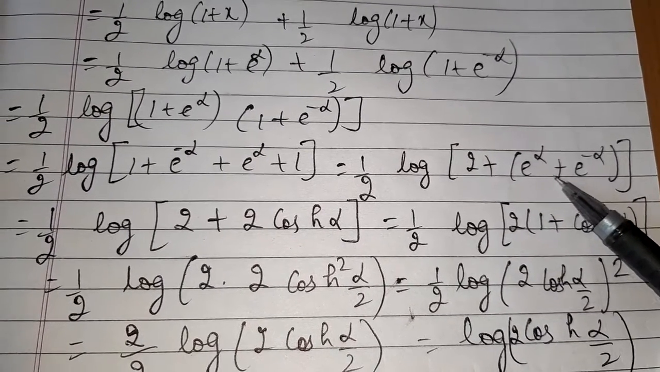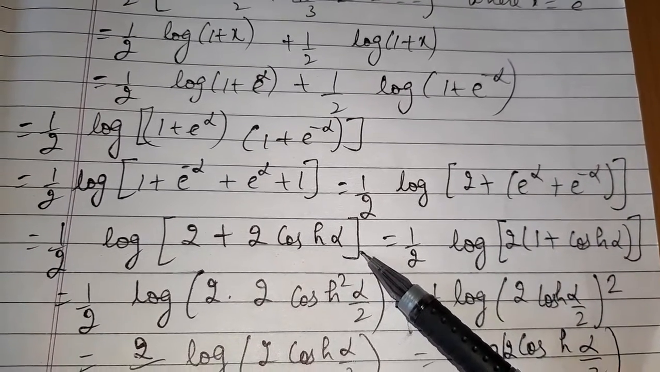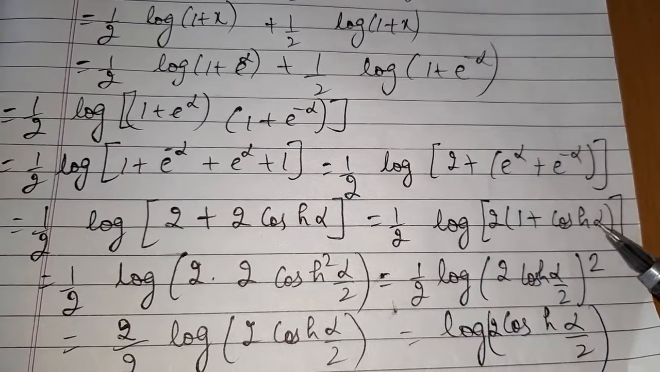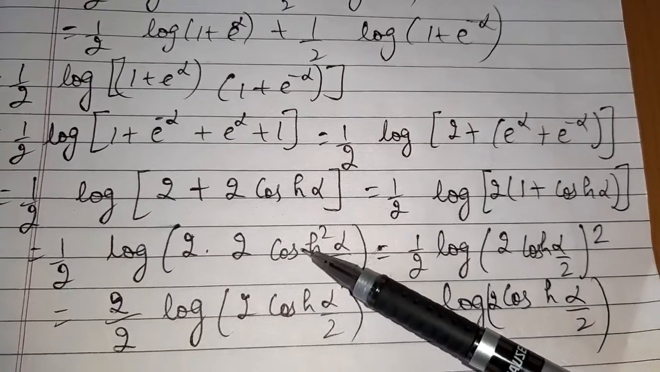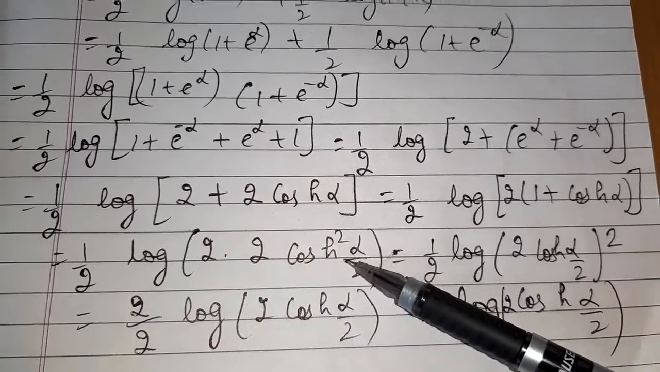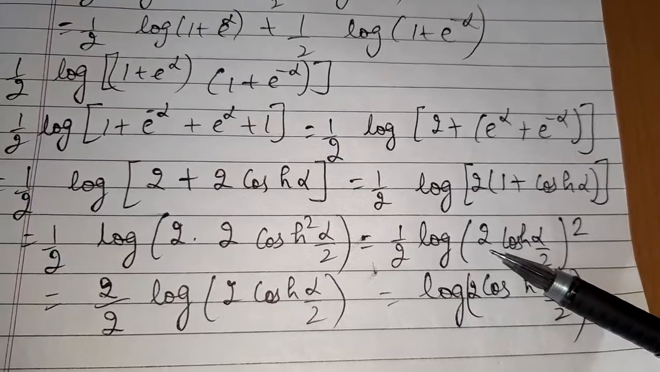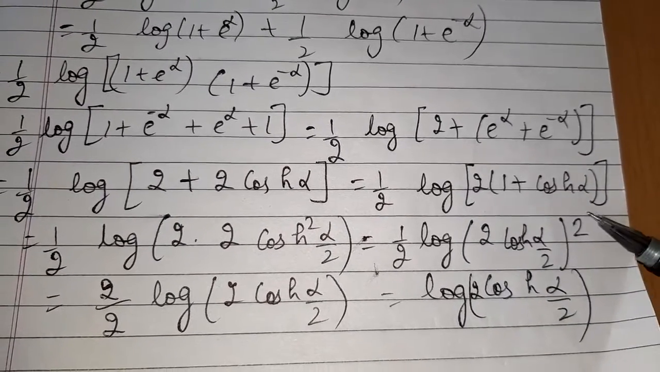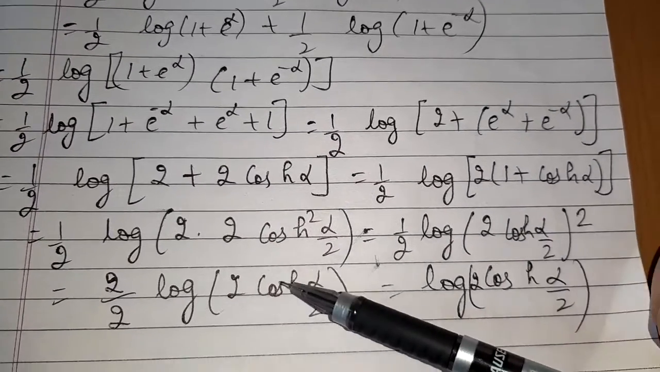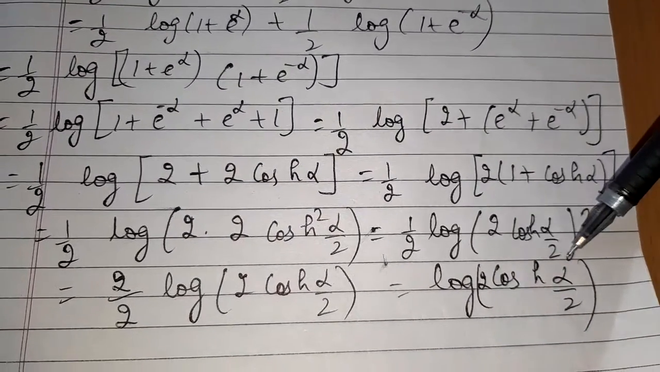Now we know e raised to power alpha plus e raised to power minus alpha is 2 cosh alpha. Now taking 2 common, we will get 1 plus cosh alpha. We know its formula is 2 cosh square alpha by 2. It will become 2 square into cosh square alpha by 2. We can write it as (2 cosh alpha by 2) whole square. Now we know the formula log m to the power n is n log m. 2 and 2 will be cancelled out, and we are left with log of 2 cosh alpha by